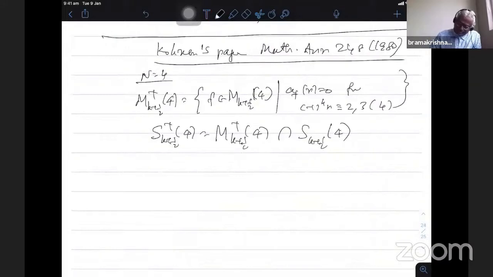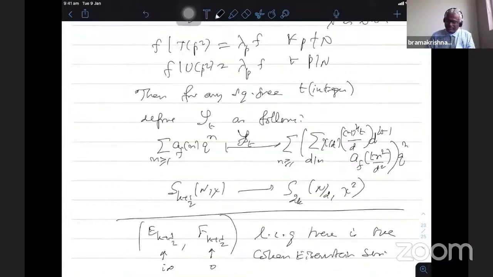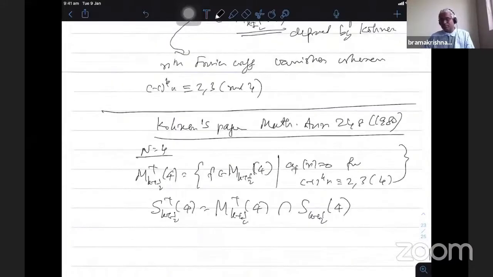So the first proposition. What he proves is that, the fact which we will see later is saying that this is characterized by a certain operator eigenfunction. Therefore, naturally these conditions will come. Okay, using certain known operators in this case of modular forms, and also there is the Shimura map which I mentioned. So when you do that, there is just a little bit of modification, because here for any square free t I have this mapping definition, because of the special property here that only the (-1)^k n square modulo 4 coefficients survive.